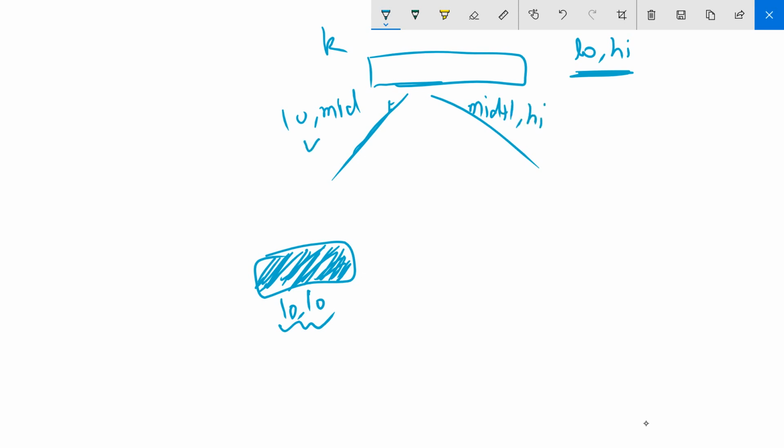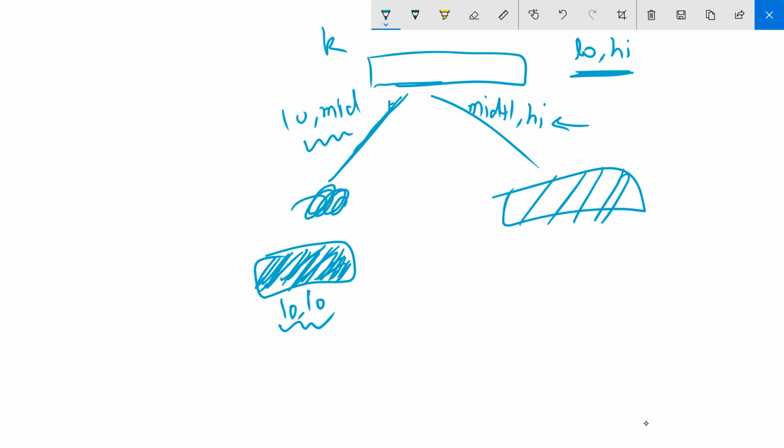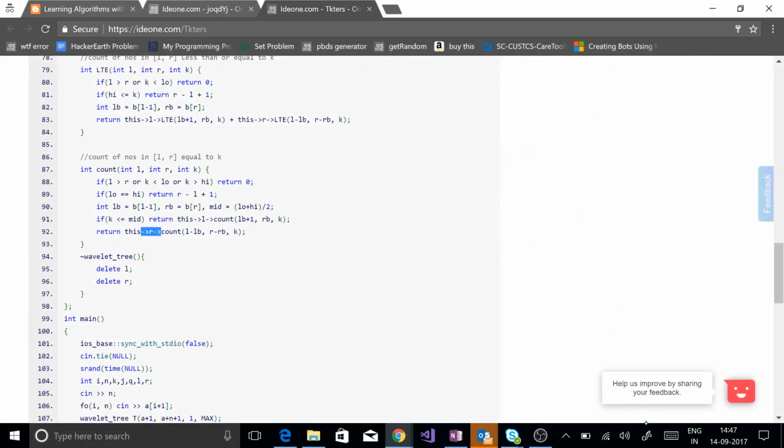Now if k falls in this range, you cannot have any element from the other part equal to k, so you go over here, and if k is in this range, no entry from here can be equal to k, so you go over here. So this is obviously at max log n. And I've already explained enough times why L2R maps down to LB plus 1 to RB for left, and for right it maps down to L minus LB comma R minus RB.